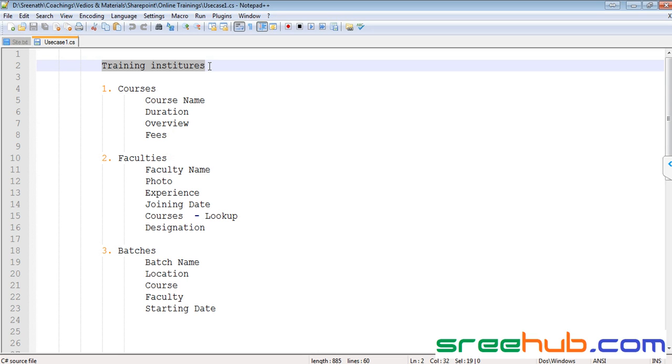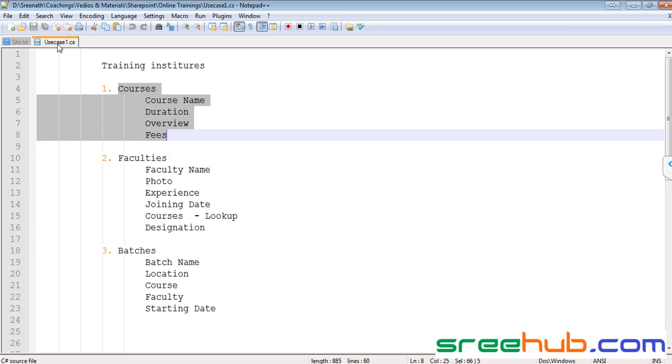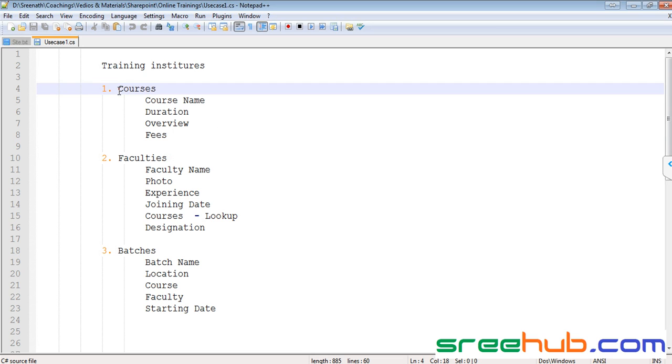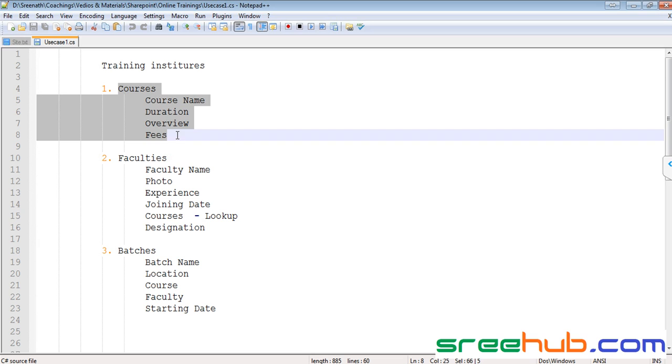We have something called course name, and we have something called faculties, and we have batches. So what we are trying to do is create three different lists, which is